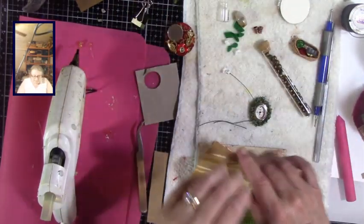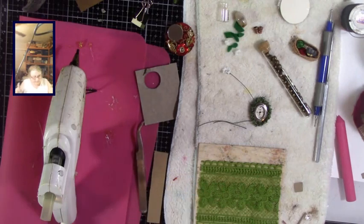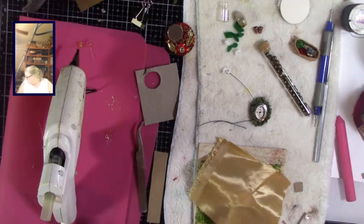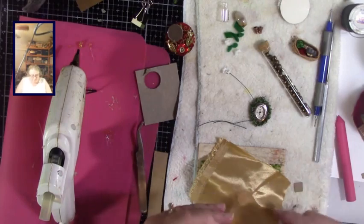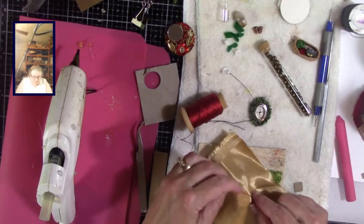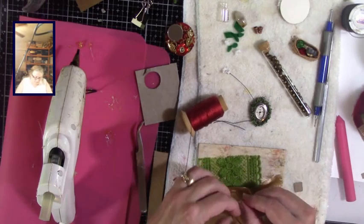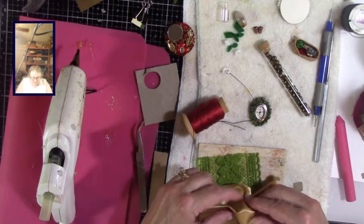Let's get back to this. This should be dry now. So now I'm going to take, let's see, what thread do I want? Ooh, excuse me. Maybe I'll try my red. All right, and I want to tie this around underneath. Come on. Let me get it just down a little further, and then I can slide it up once I